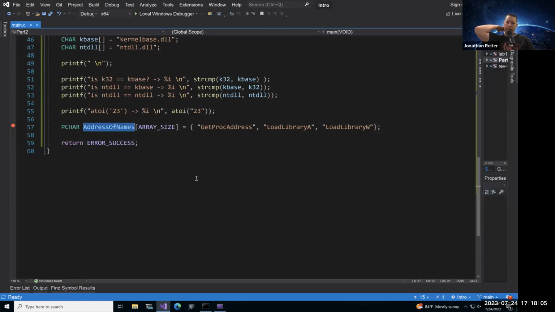PCHAR, address of names, the array size, which is basically just a pound define 3. And then curly braces on either side here. And then the functions are the strings inside. Because you really shouldn't be getting that. No, it's all good, man. It's all good.